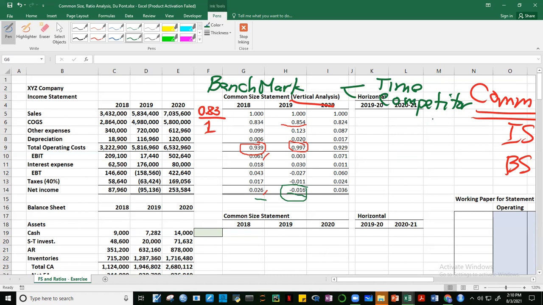Compared to the competitor, kung meron tayong figure ng competitor, kaya nga kailangan natin guys ng benchmark para mas maganda yung analysis natin. Okay? Compared to 2020 guys, mas maganda si 2020. Okay, nagko-compare tayo over time. 2020 beats 2019 and 2018. Kasi per peso of sales, 3.6 centavos yung kinikita natin dito during 2020. 2019, sabi natin, lugi tayo, no? Si 2018, 2.6 centavos lang. Di hamak na mas malaki si